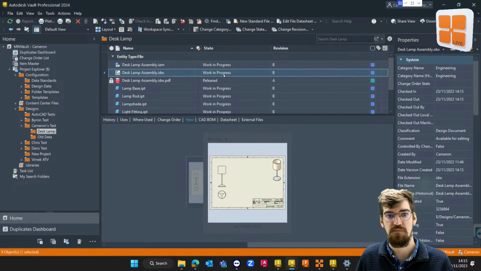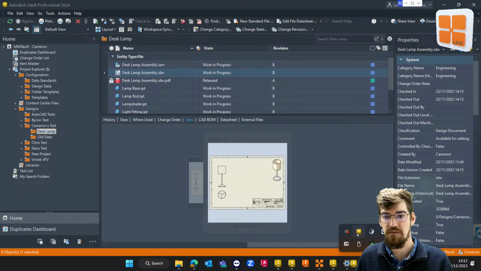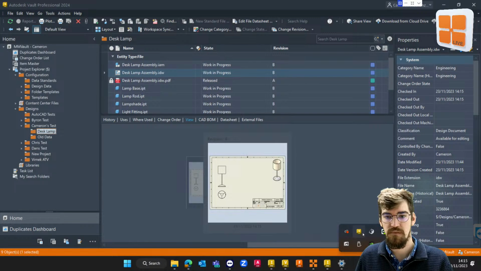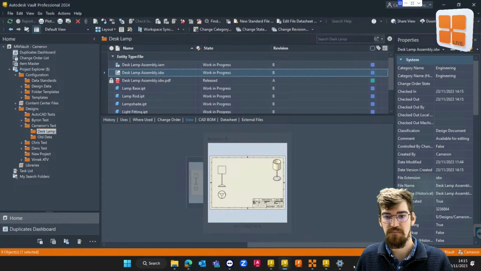So as soon as I grab that, push my base model, or in this case the drawing file itself, through to that state, this will trigger a job in the background. If I go and open up my job processor, somewhere in the background,